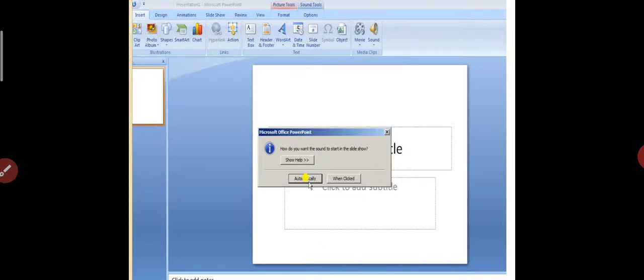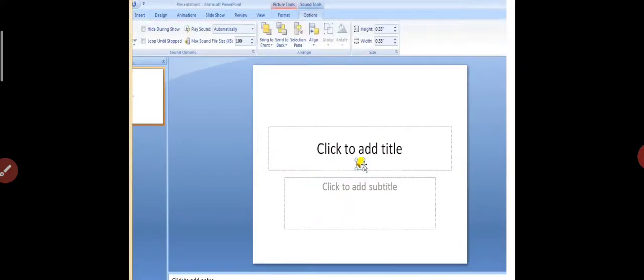When the slide comes on full screen in slideshow, or when you press F5, this sound or audio also plays automatically. But if I choose when clicked, the music starts only when we click the mouse. That is the main difference.